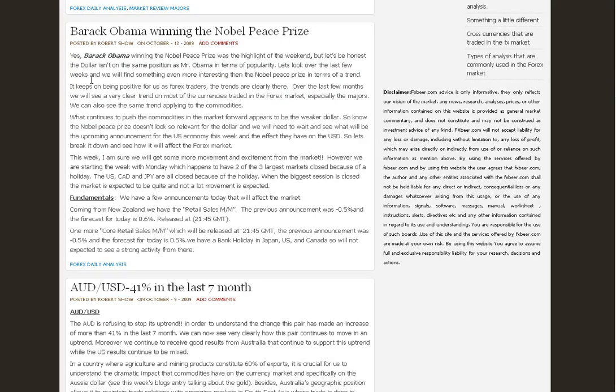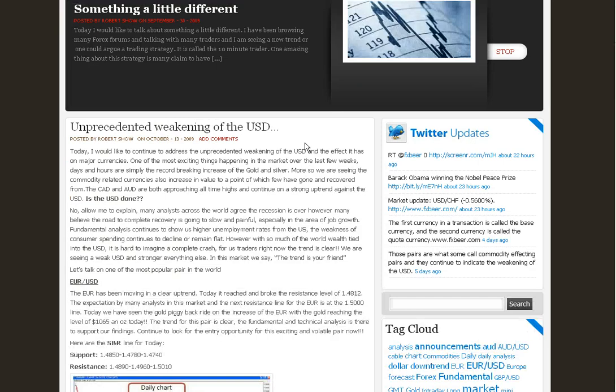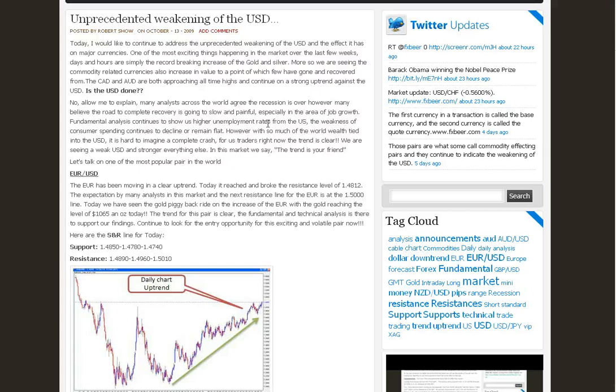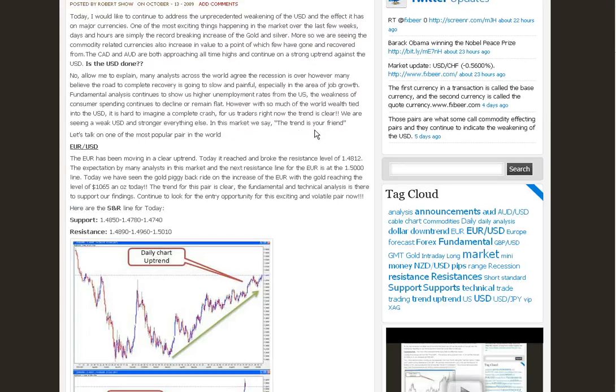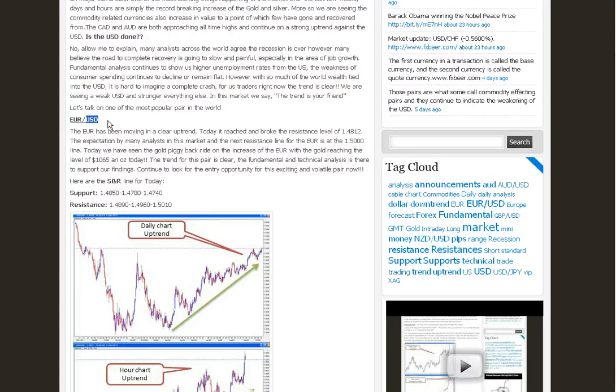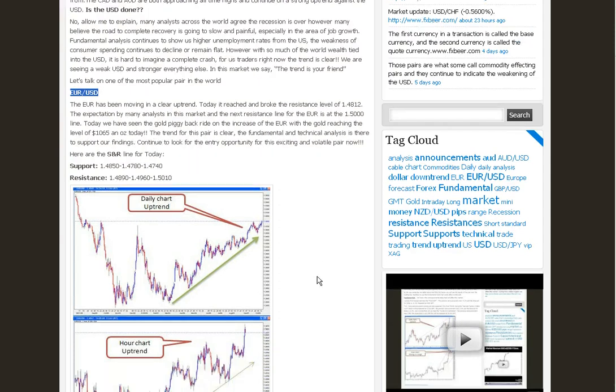As we take a look at today's blog post and move forward into the week, we're seeing again the unprecedented weakening of the US dollar, and we're going to address that here for just a minute. When we look at the US dollar and the unprecedented weakening it's experiencing in the market, we're clearly seeing the trend going against the US dollar. Now, we don't know the who's, the what's, and the why's to it, but when we take a look at